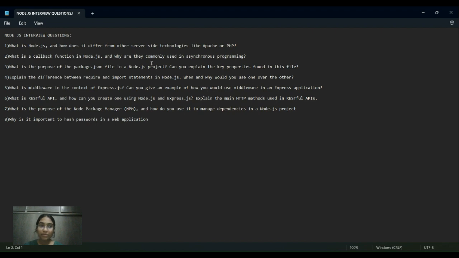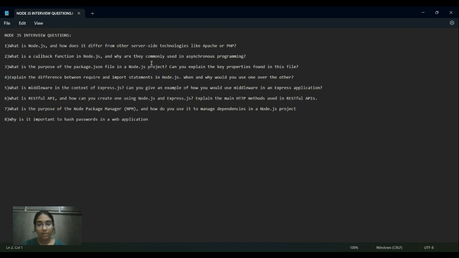We can use this function anywhere in the program at another time, so it can be easily called. We can call another function and make use of the same operations again using this callback function.